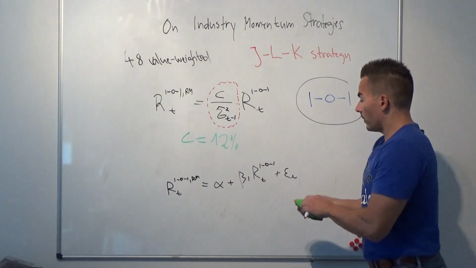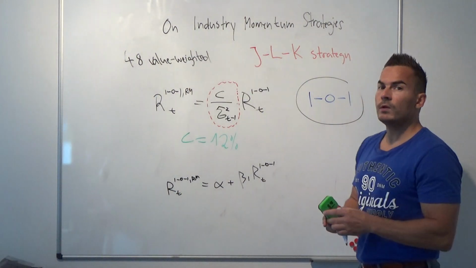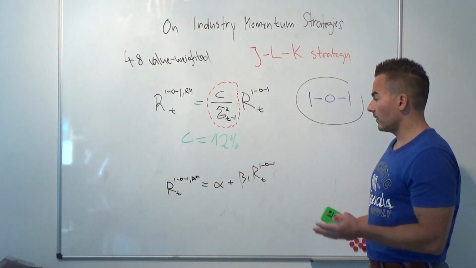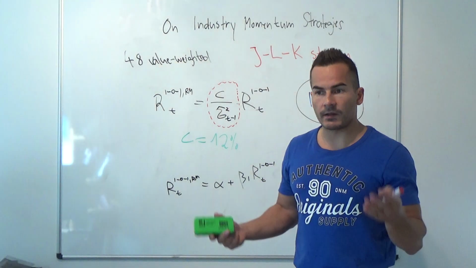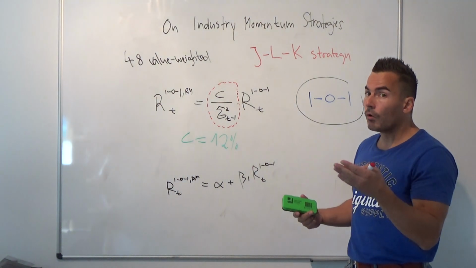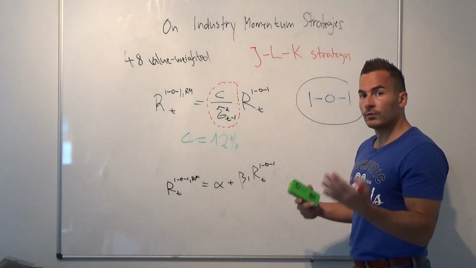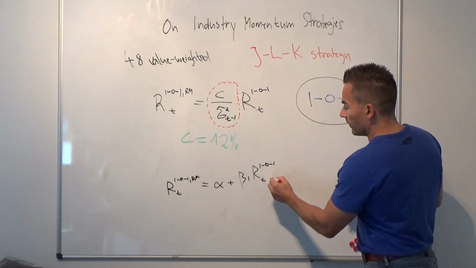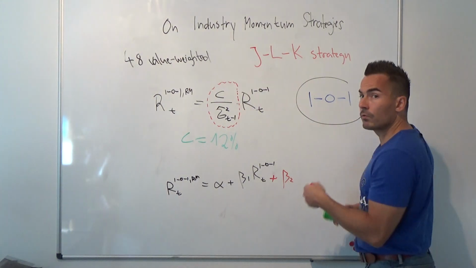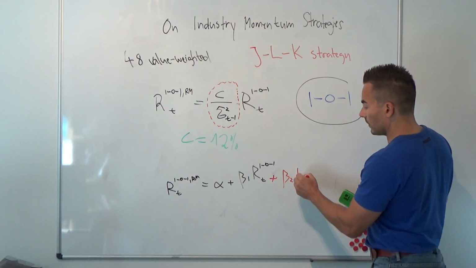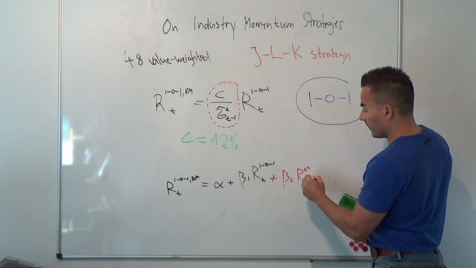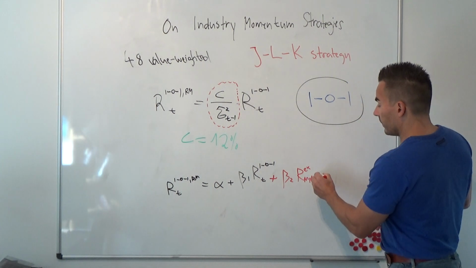And of course, as usual, we perform different kinds of robustness checks. This is also something obviously that you are asked to do in your master thesis. You have to make sure that your results also hold if you control for other sources of risk. So we also investigate models where we add as control variables, for instance, the market factor in excess form, of course, RMT, or the size factor,